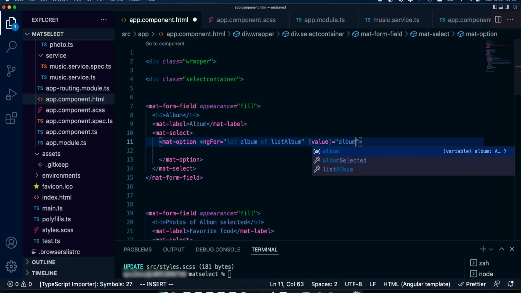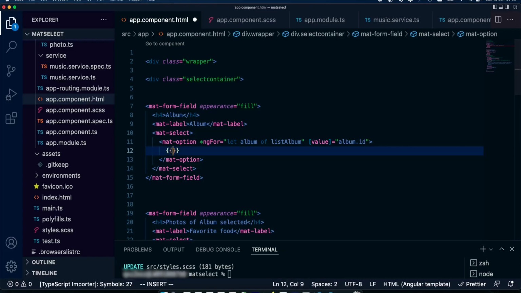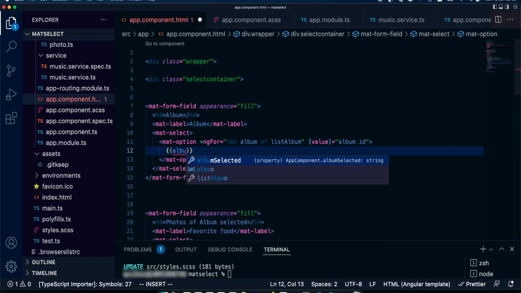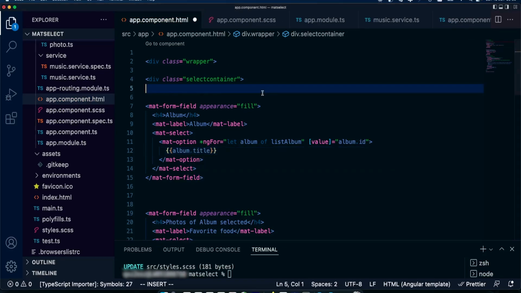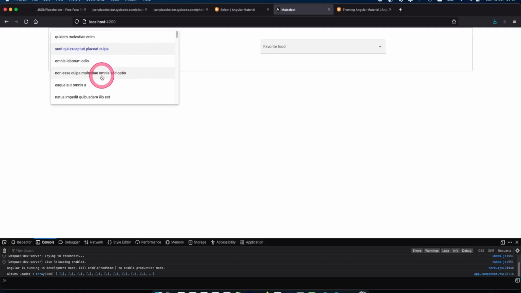This will be album.id. Then inside we're gonna have album.title. Okay, so let's save and let's see. Our albums are loading.